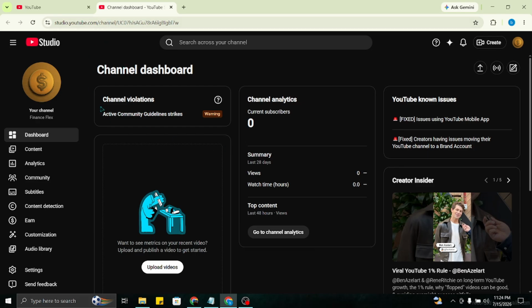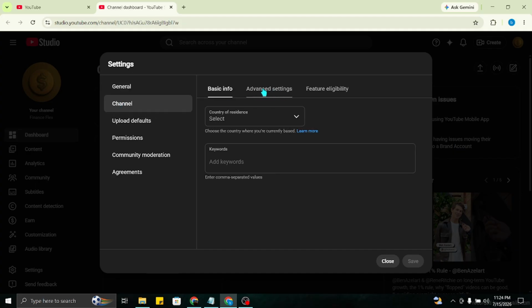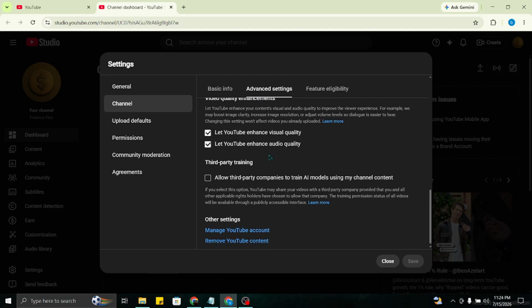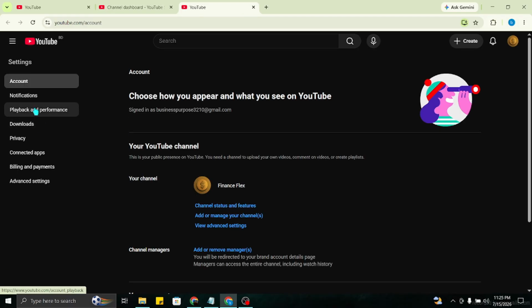From the YouTube Studio, you have to scroll down and go to settings. From the settings, you have to go to channel and click on advanced settings. Scroll down and there you will get manage YouTube account. Click on this and you will get the option advanced settings. So click on advanced settings